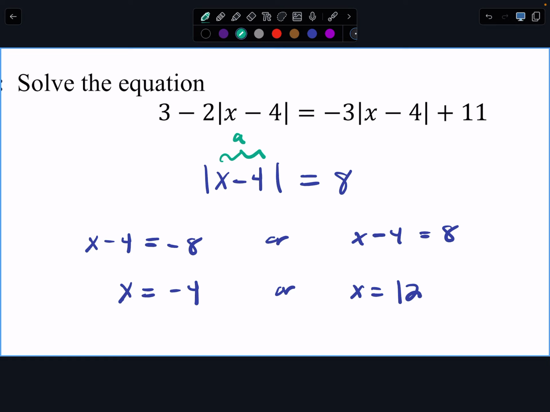Well, you can substitute in here or here. So negative 4 minus negative 4 would be negative 8, right? So absolute value of negative 8 is 8. That's true. Left-hand side equals the right-hand side. If we plug 12 in, 12 minus 4 is 8. Absolute